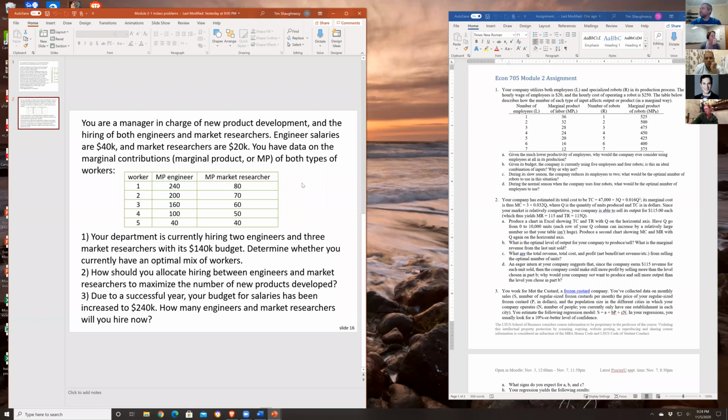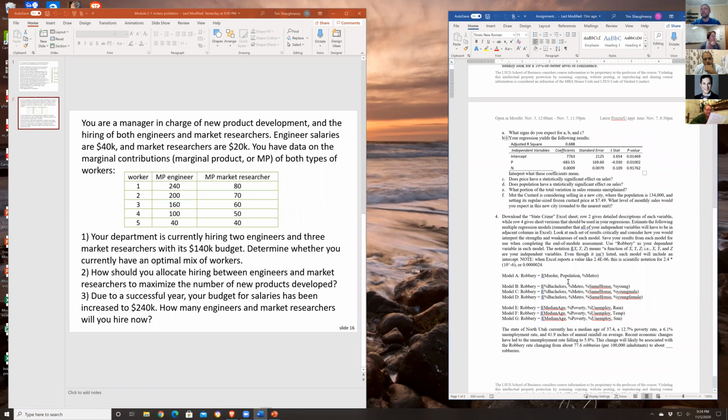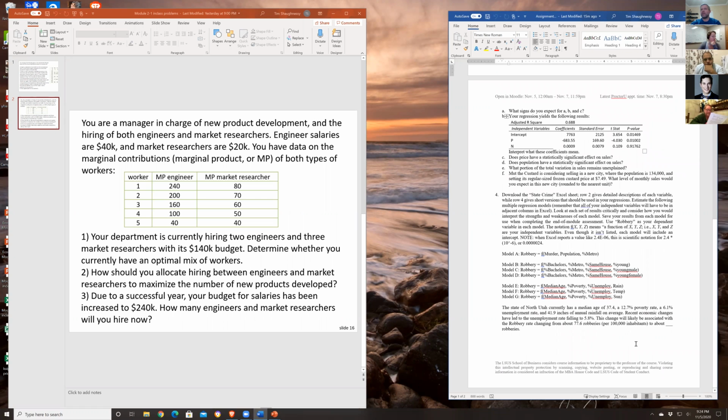All right. Anyone appreciate the name of the company in question number 3 in the assignment this week? I try to put in little Easter eggs like that in the assignments. Maybe like 1 per assignment. So yeah, and then the